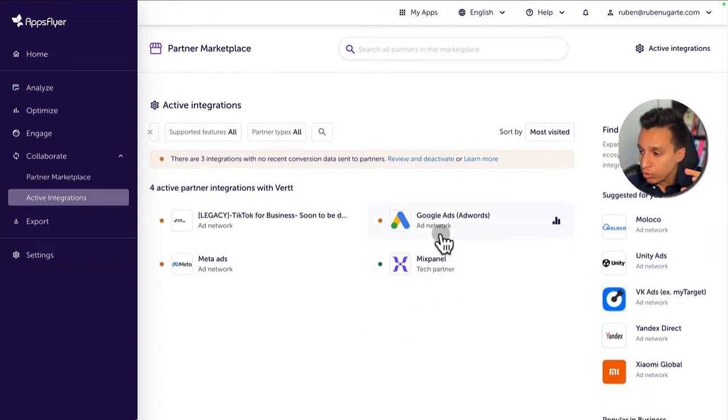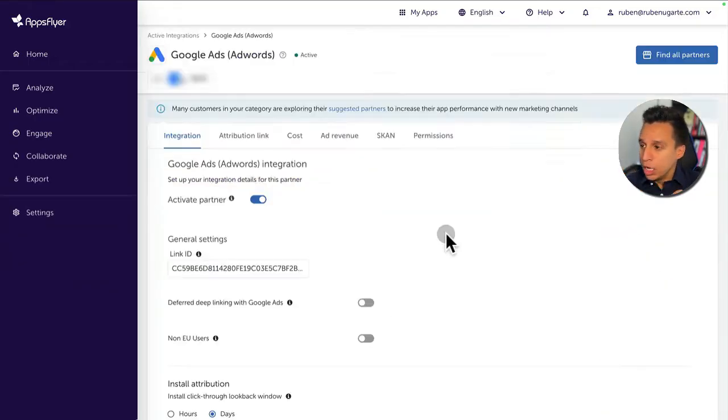So you will integrate Google Ads, Meta Ads, TikTok, and there's maybe a couple hundred other networks going from very mainstream, well-known to much more obscure, sort of industry-specific ad networks. So you bring them in because there's integrations that happen between the ad networks and AppsFlyer. Let me show you for Google. So if you have something like Google,